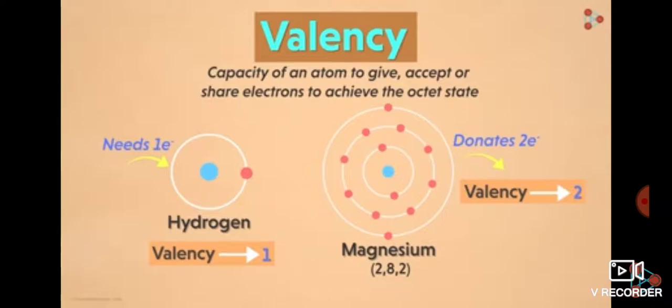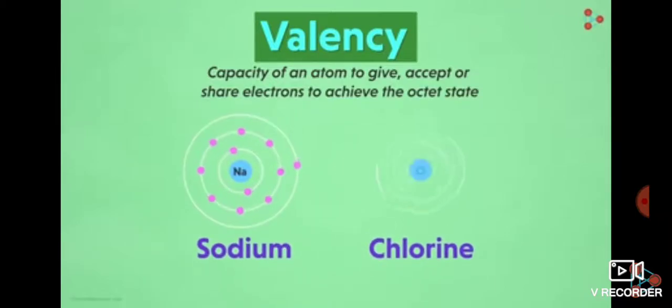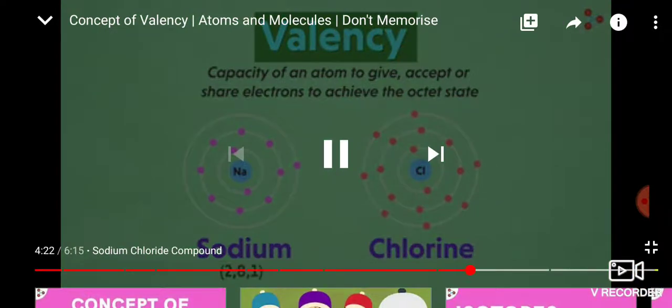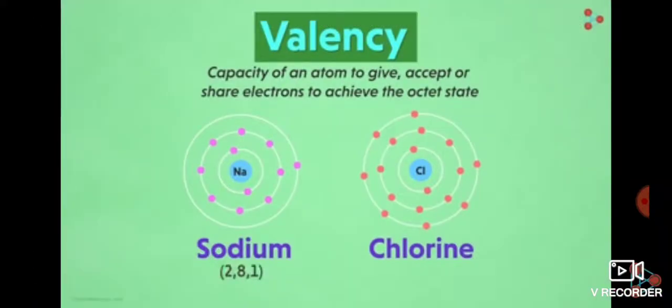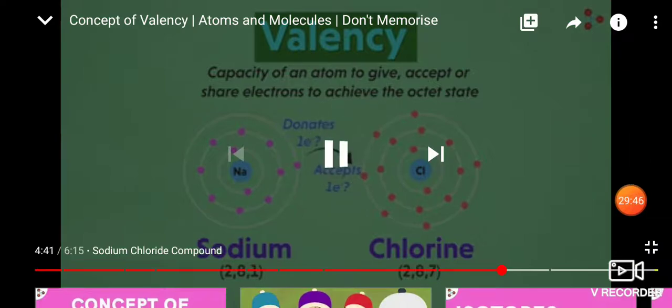Now, to understand the concept better, let's take an example of elements forming one compound. Maybe we can think of sodium chloride. For the formation of one molecule, we need one atom of sodium and one atom of chlorine. What are the valencies of each, by the way? Sodium has the electronic configuration 2, 8, 1, while chlorine has an electronic configuration 2, 8, 7. Before I tell you what happens, I want you to give it a shot. What do you think will happen? Doesn't this indicate that sodium will donate 1 and chlorine will accept 1 electron to complete their respective octet state?